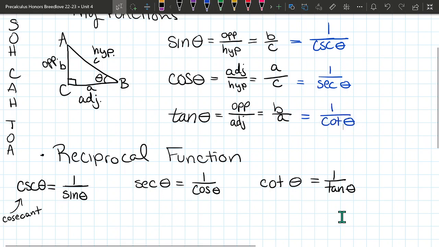And the reason I brought it back up here to the top and put it with this list so you can see it all together is, if you notice, sine starts with an S, but its reciprocal function starts with a C. Cosine starts with a C, but its reciprocal starts with an S. So it's the opposite letters whenever you do the reciprocals. Cotangent and tangent, I feel like you're not going to mess that one up. But sine, its reciprocal is the one that starts with C. Cosine's reciprocal is the one that starts with S. All right, so then